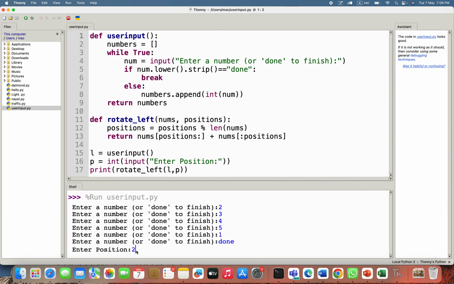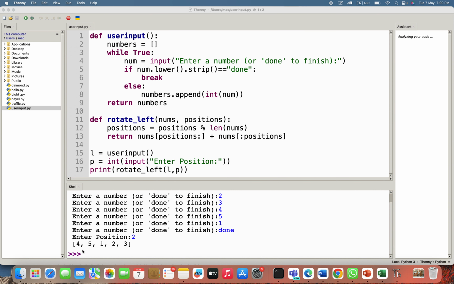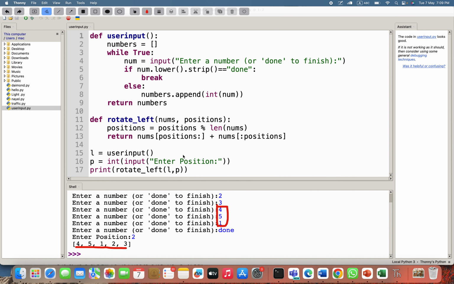Let's see, 4, 5, 1, 2, 3. Here you go. See, 4, 5, 1, 2, 3. Because I said at position this rotate. So this is what it is doing. It's starting from position which is 2 here, right, and going to the end and bringing it in the front, right, and then adding the